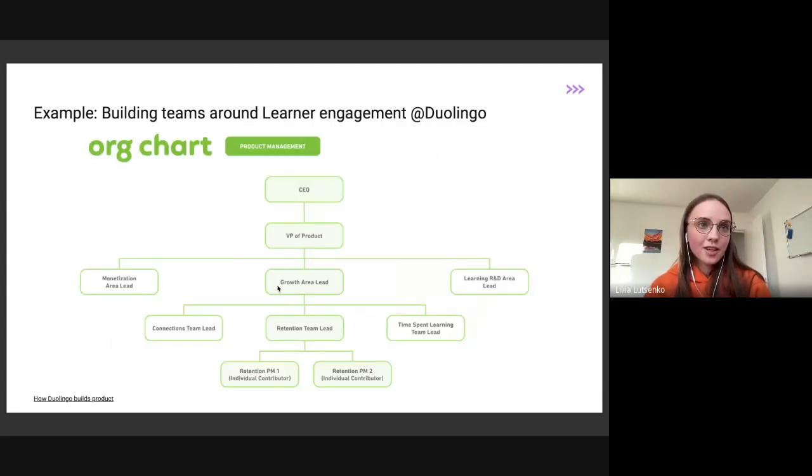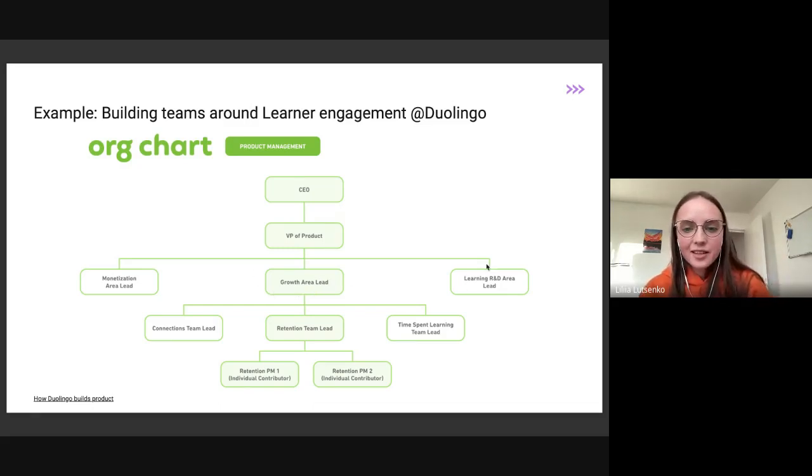Another product. There was a question about metrics for ed tech, educational technologies. This is an example from Duolingo. I strongly recommend you check the article, How Duolingo Builds Product, if you're interested in ed tech. They don't speak loudly about their North Star metric, but what we know about them, at least from their organizational structure, is that they have 3 departments, or at least they say so.